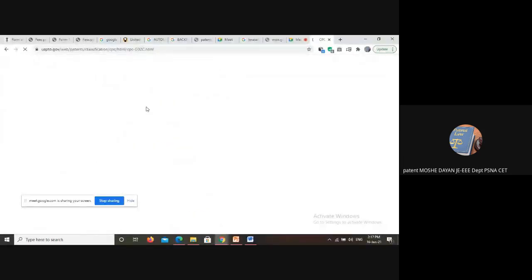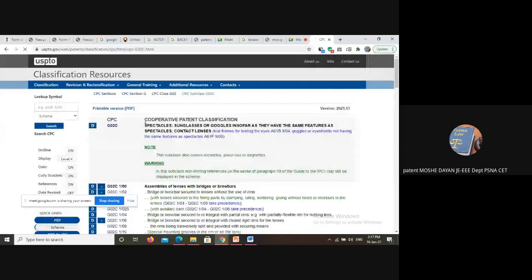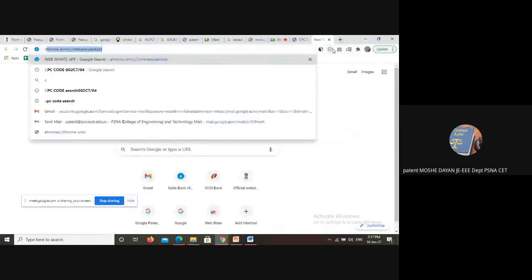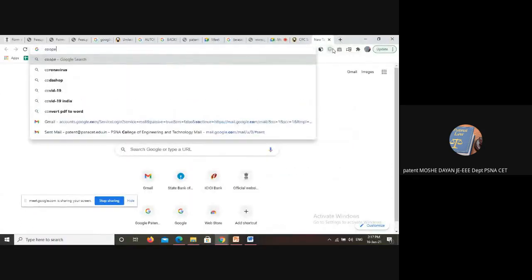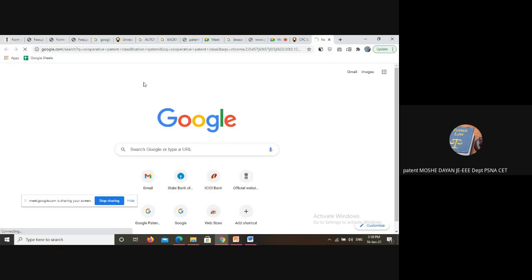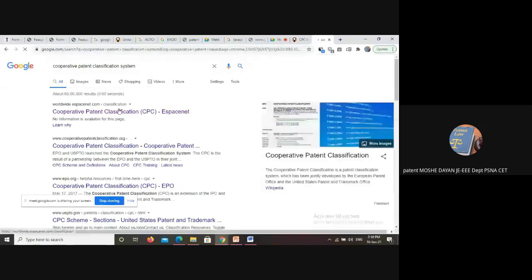So here you have to understand how these things are made. Every particular code, when you take the classification resources here, A, B, C, D, they are arranged in a different format like this. Or when you go to the cooperative patent classification system, every product is arranged based on the codes.